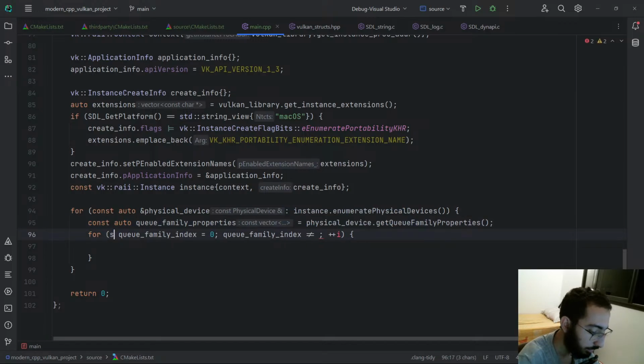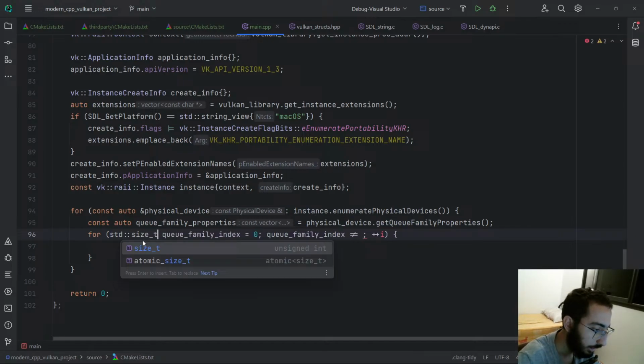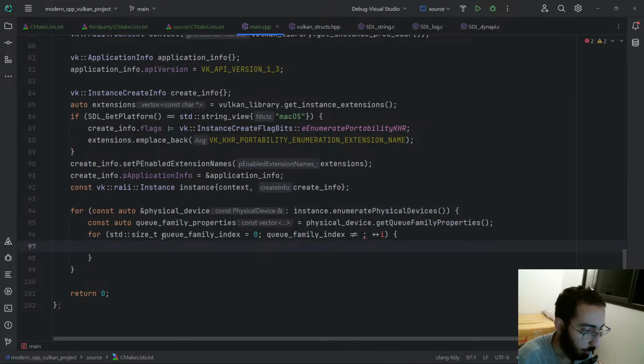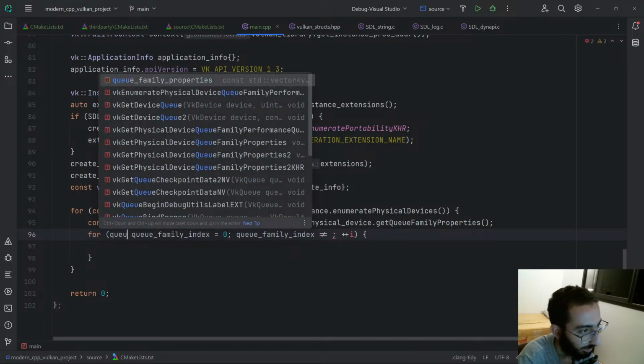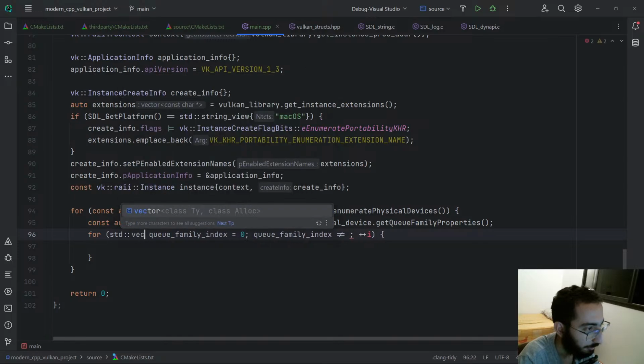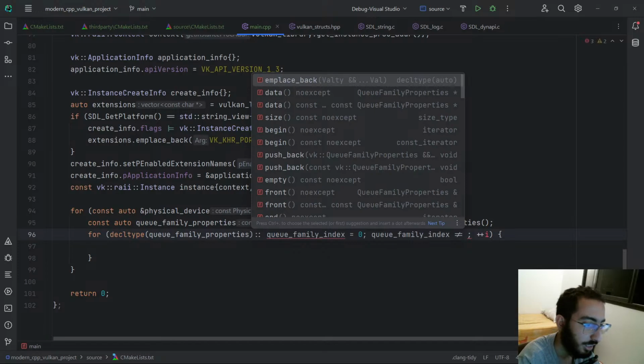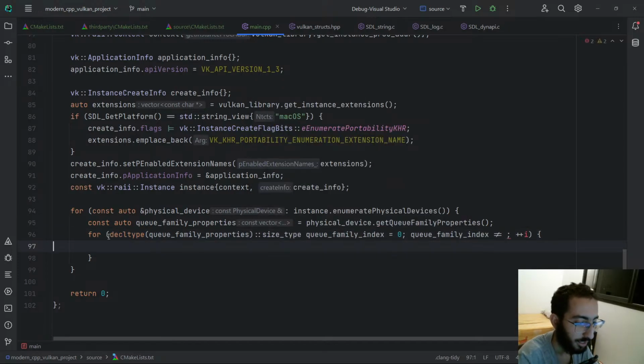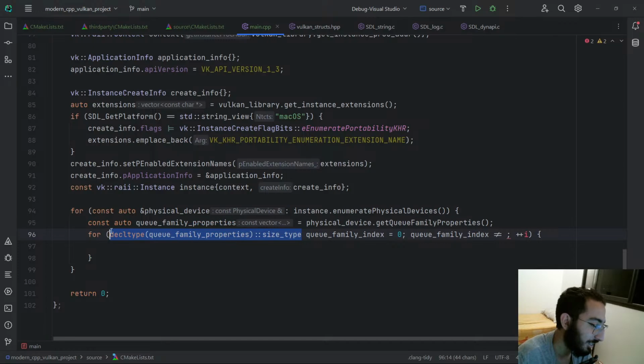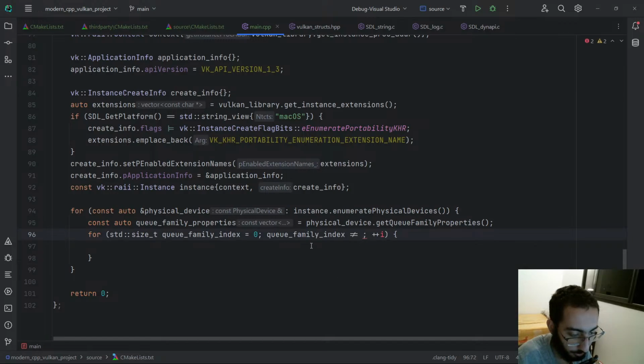Now of course, never use int for indexing into an array, and for sizes use size_t or std::size_t. Better to go with std::size_t. Or if you feel really adventurous, you could go with, I believe, std::vector, or maybe decltype, not sure, let's see. Yeah, and size_type. You could go crazy, get the type of your variable and get the size type of it, but no, there's no need for this. Just say std::size_t and say not equal to